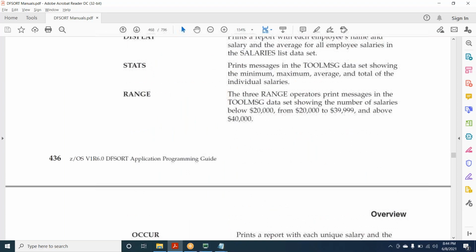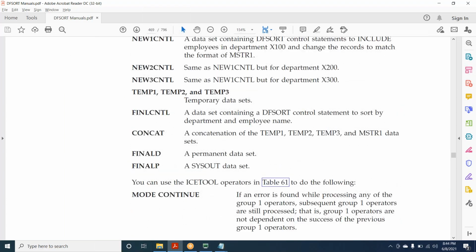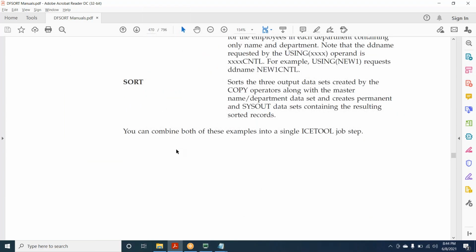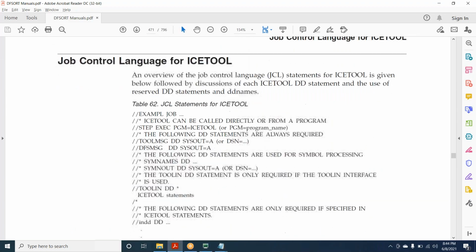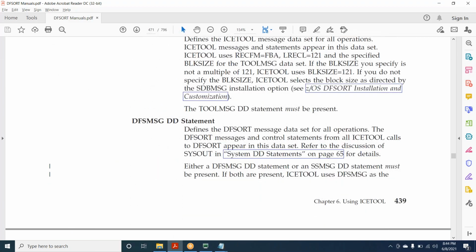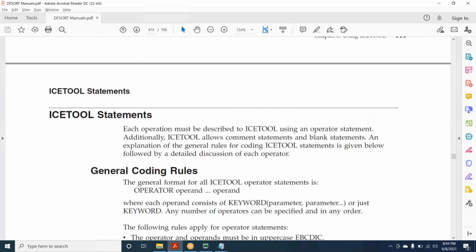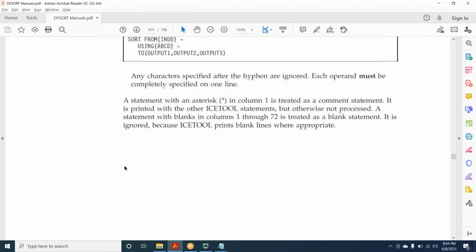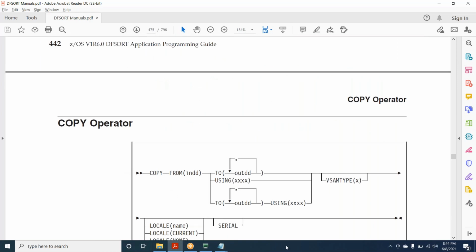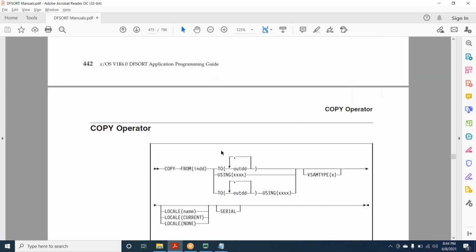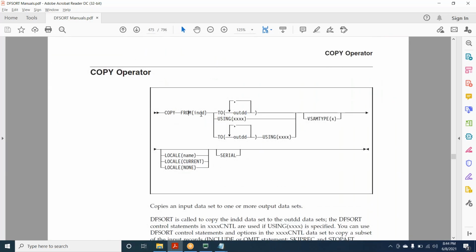There are so many conditions and things there. So this is the first one, the COPY operator: copy from INDD to OUTDD.